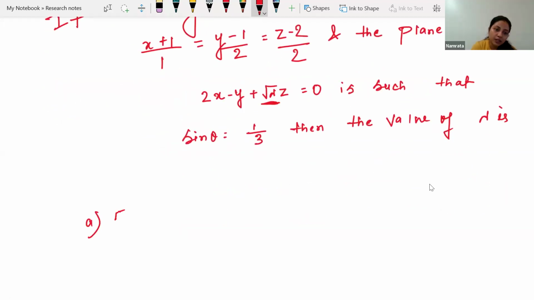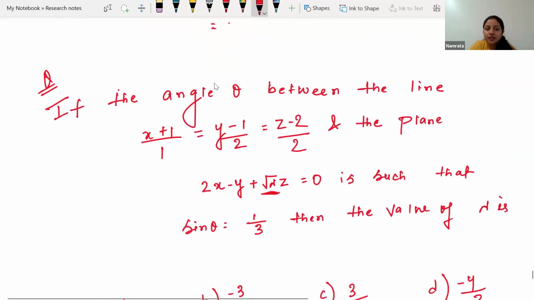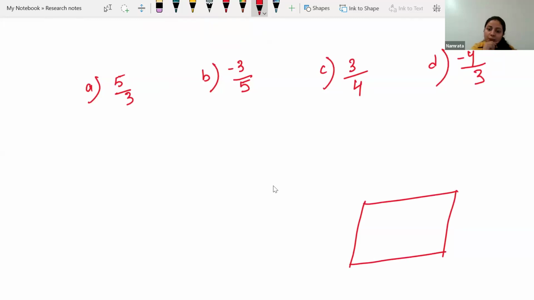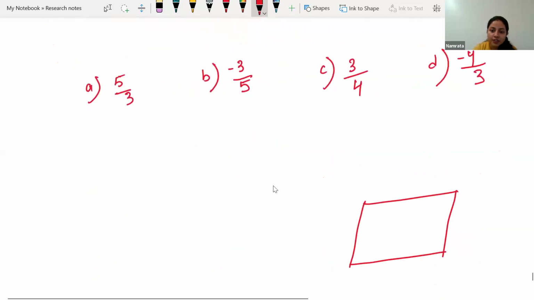Option A is 5 by 3. Option B is negative 3 by 5. Option C is 3 by 4. And option D is minus 4 by 3. Okay, how will we solve it? So here we have the angle theta between the line and the plane. So if our plane looks like this, and if there is a line on it which is making angle theta